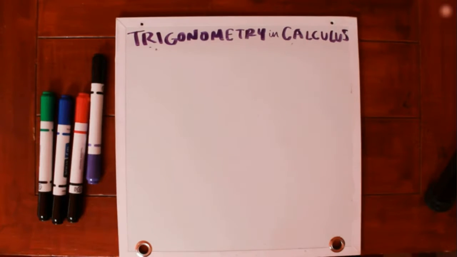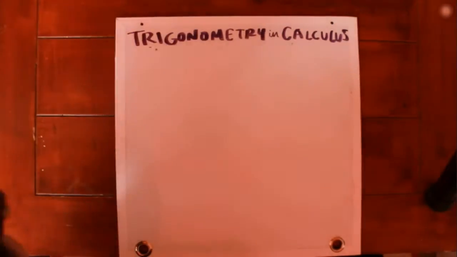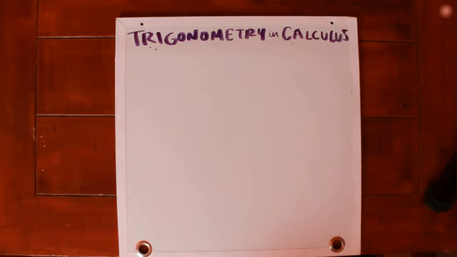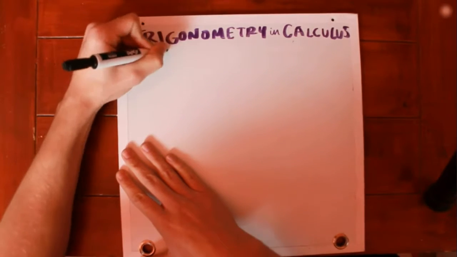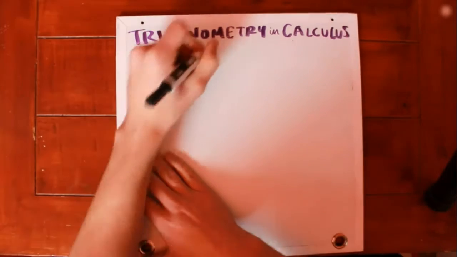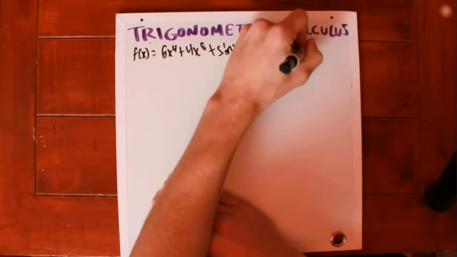So finally, to end this series off, let's take the derivative of an equation involving trig functions. There are lots of rules I didn't tell you about that make it easier to derive equations more complex than this one, but for now, see if you can do this one. F of x equals 6x to the fourth plus 4x to the sixth plus sine of x minus cosine of x plus